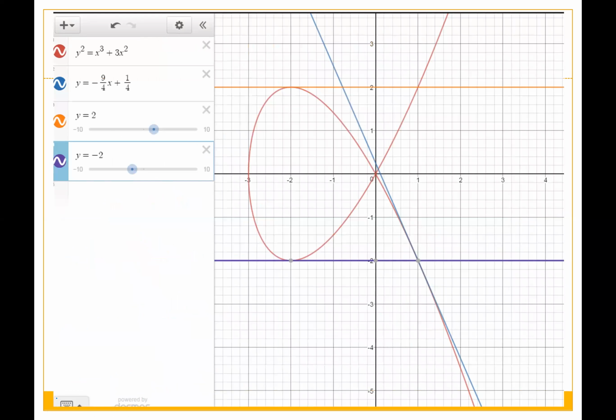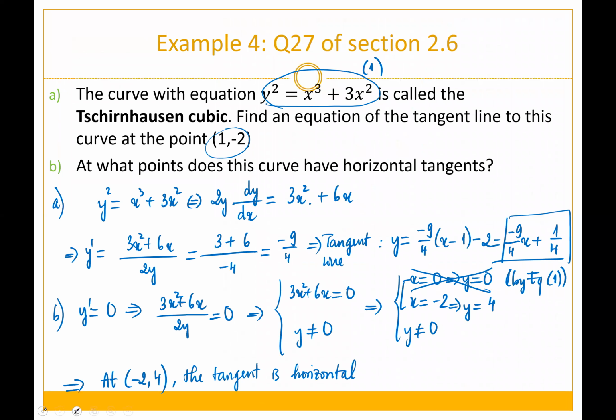Having said that, I don't need this extra space. So this is the graph when I graph that function out. This is the function, whatever the Tschirnhausen equation or something. But then these are the two horizontal tangents that we have. So the first tangent is here in question A. And then we have,